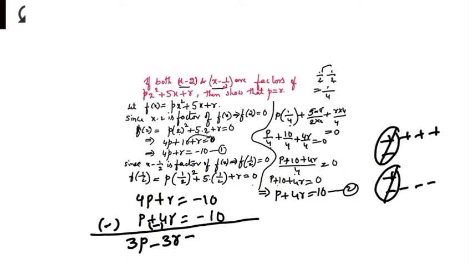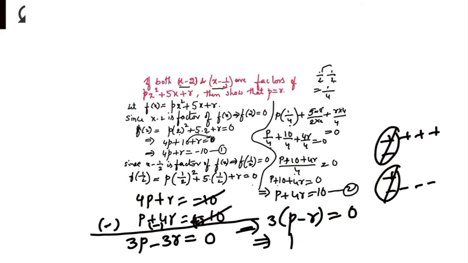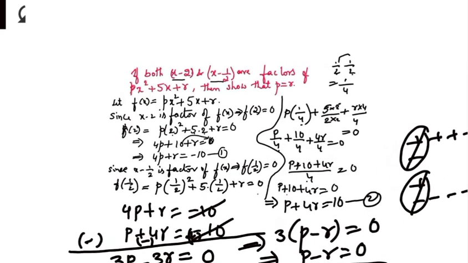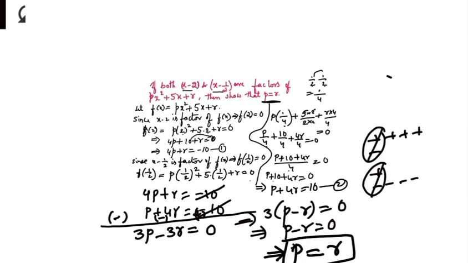So minus 3r is equal to, this minus becomes plus, minus 10 plus 10 will get cancelled, you will get 0. So take 3 common from these two: 3 into p minus r is equal to 0. So we get p minus r is equal to 0 by 3, and 0 by 3 is nothing but 0. If p minus r is equal to 0, move that r to the right side, we get p is equal to r, which we have to prove here. We have to prove p is equal to r, and we get that p is equal to r. Like this we have to do the problem.